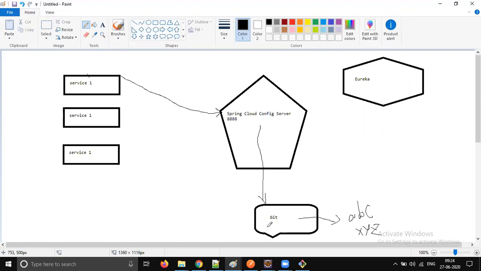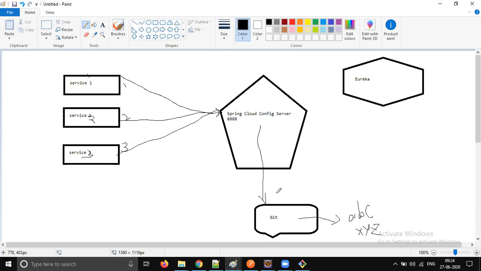You have to do one small change. And if you have multiple instances of multiple services running, all of these are going to read from the Git. For example, you updated service 1, but it won't reflect in service 2. Don't expect that the change will also be updated in service 2. No, you need to update all the services. So what is the next challenge? If you have n number of instances, say 5 instances, then you need to do 5 updates.